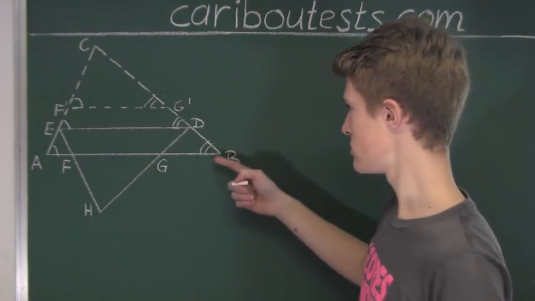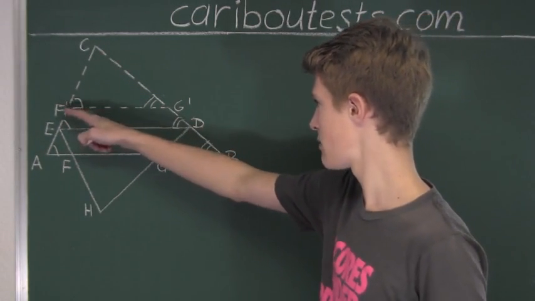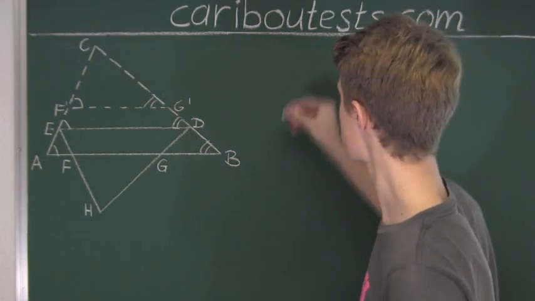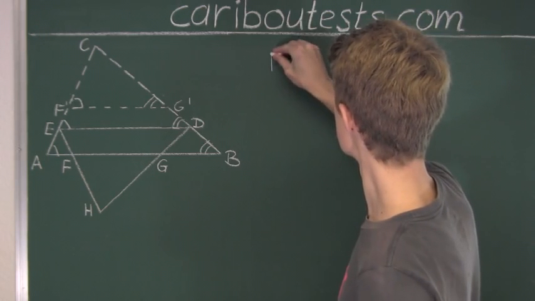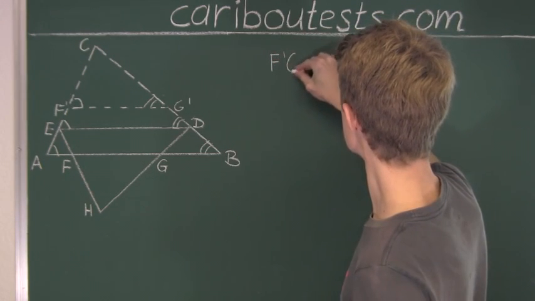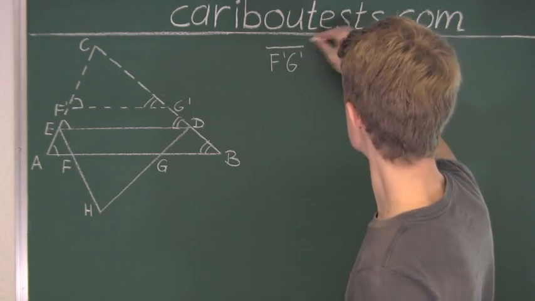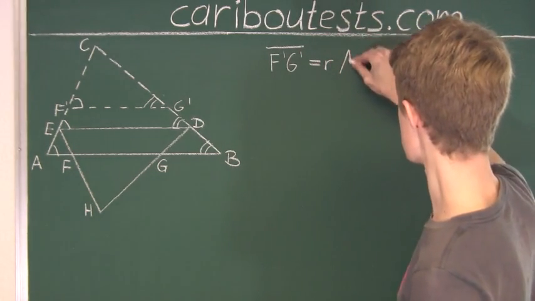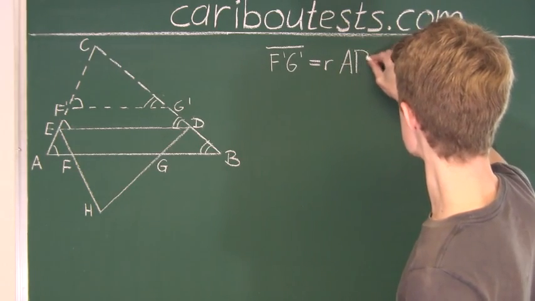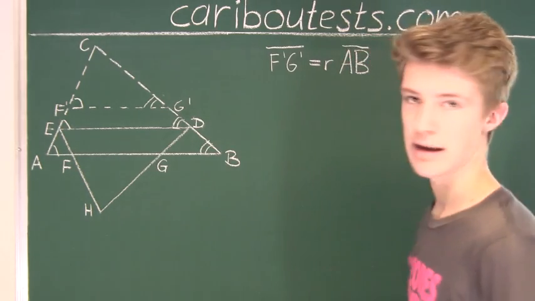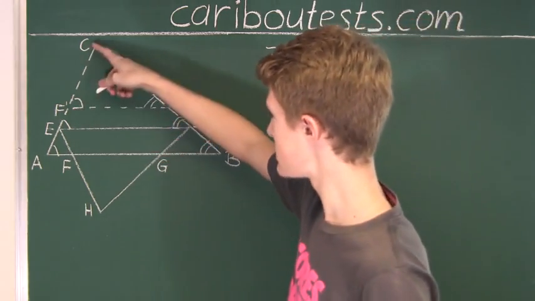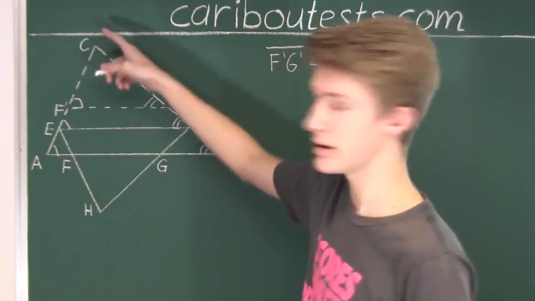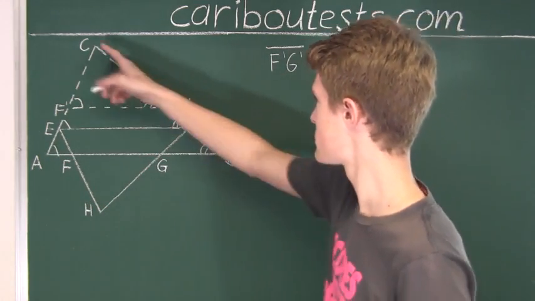So there's a certain scaling factor between the line F prime, G prime, and the line AB, which we will call R. And that is the same for the other lines, like F prime C. There's a certain scaling factor for that to the line AC, and also on the other side G prime C